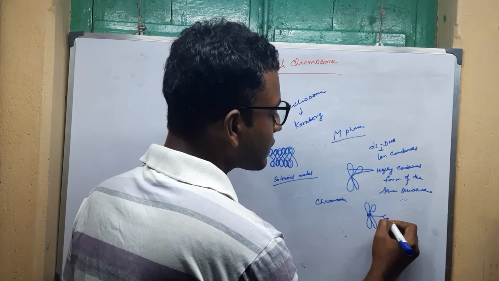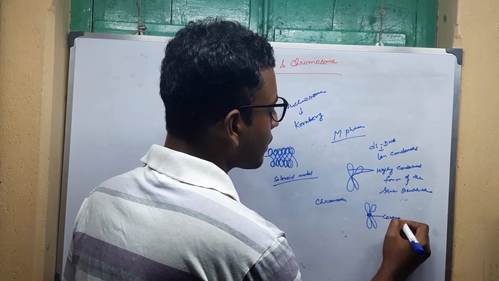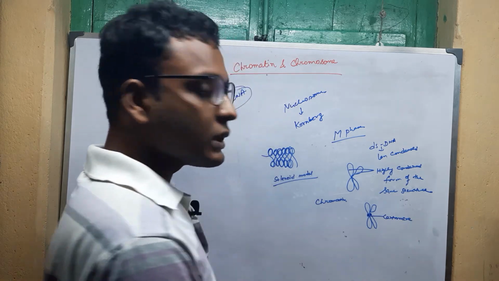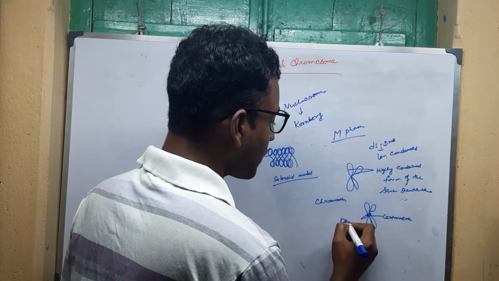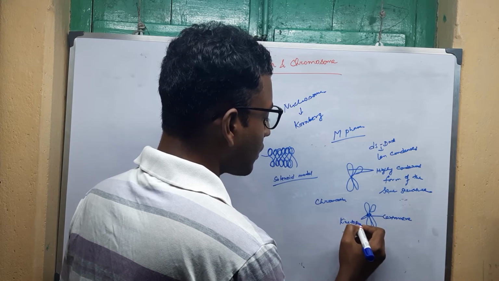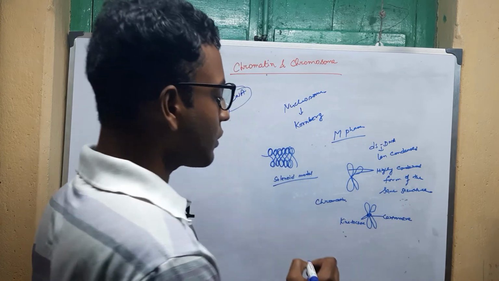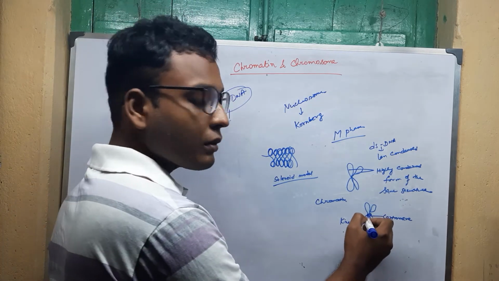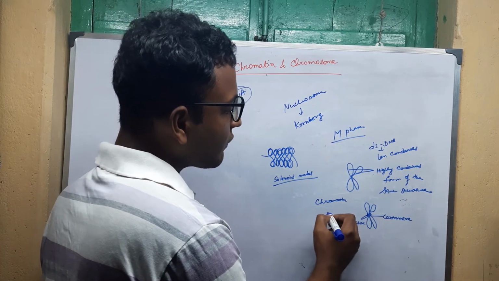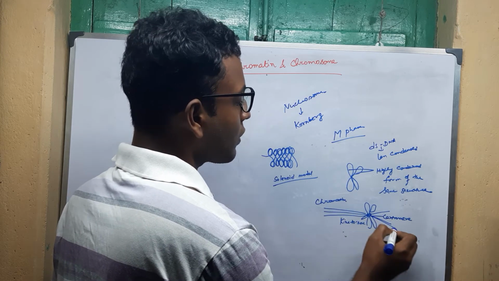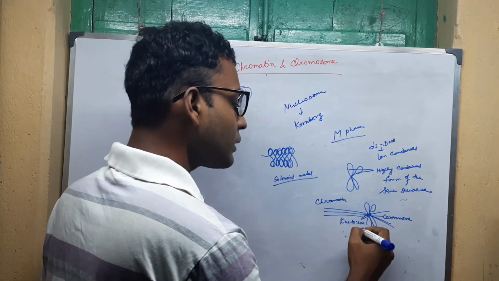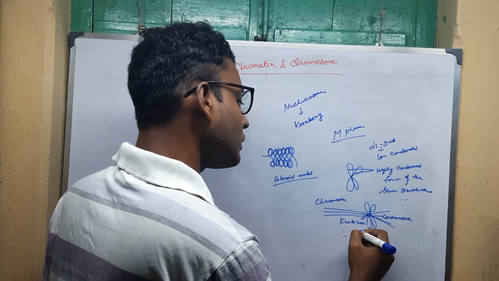This is known as the centromere region, and these two are kinetochores. At this kinetochore region, the spindle fibers get attached during the M phase,